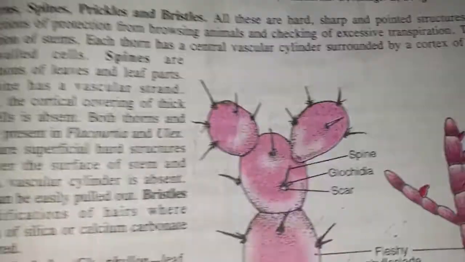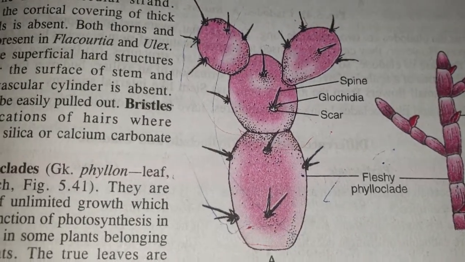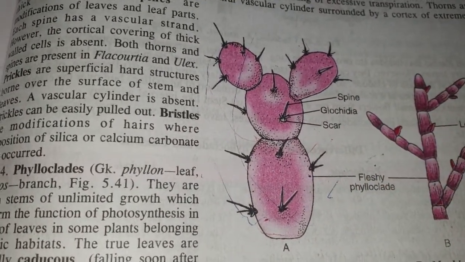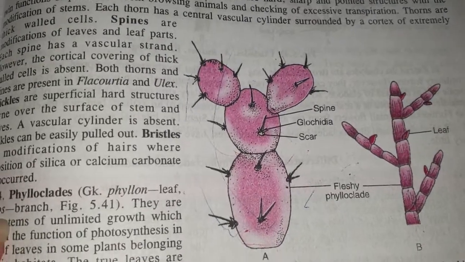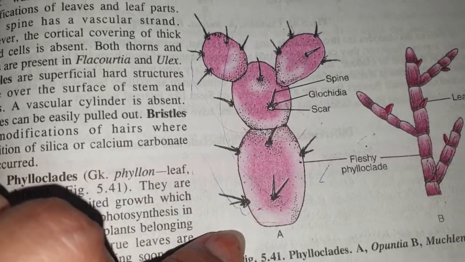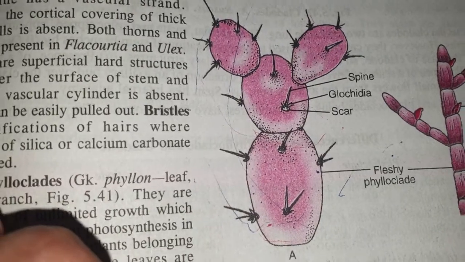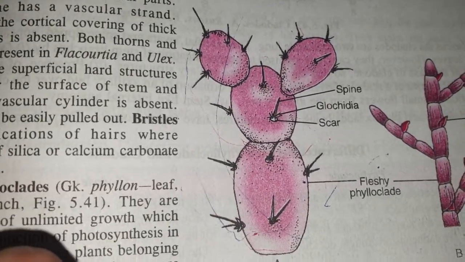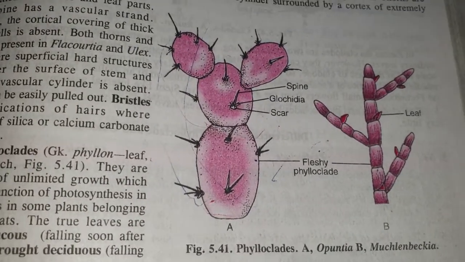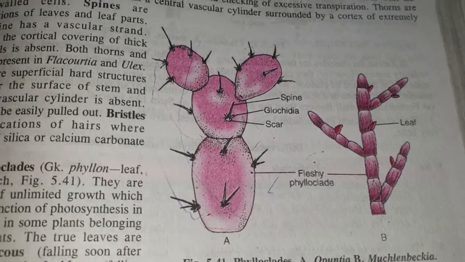Okay, next we come to the phylloclade. This is very important for your exam purpose. Okay, phylloclade is observed in case of Opuntia. Here the stem modifies into a green fleshy structure. Here some segments are present. These segments possess some areoles. Okay, then spines are present. Thorn-like structures are present which reduce the rate of transpiration and help them to overcome the xerophytic conditions. Now cactus, we know, always grows in dry conditions, so these particular modifications help them to overcome the xeric condition.